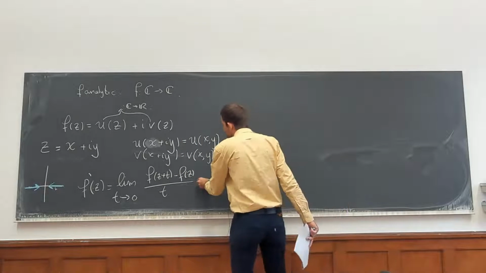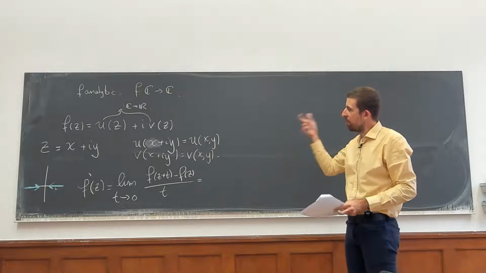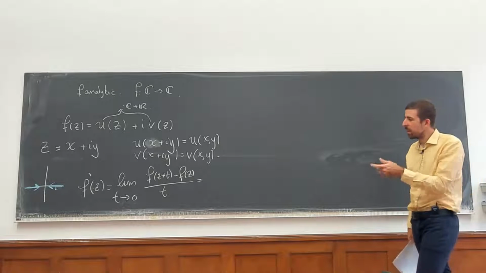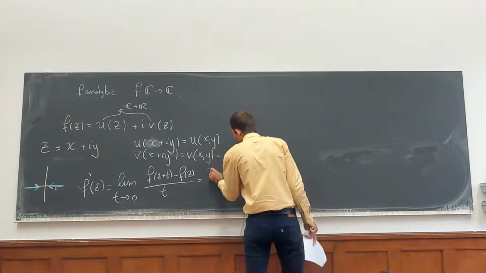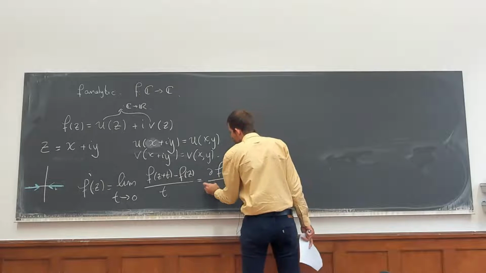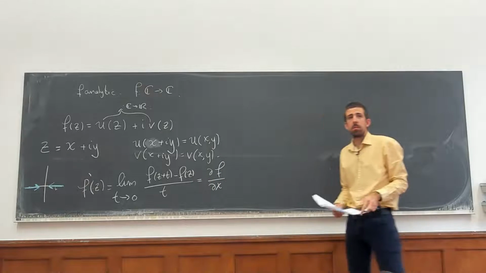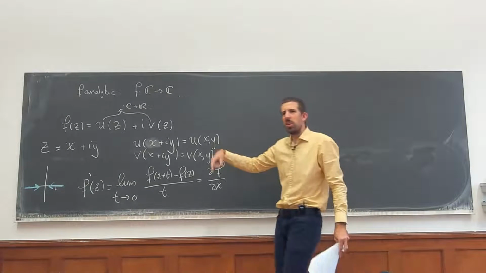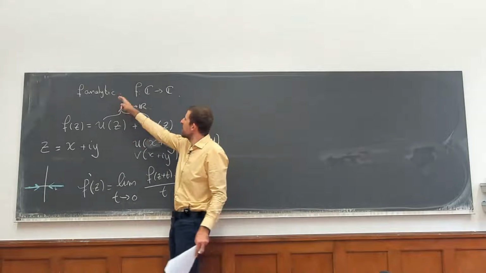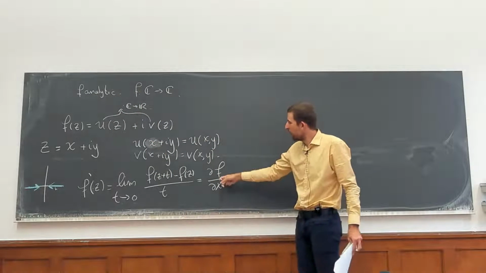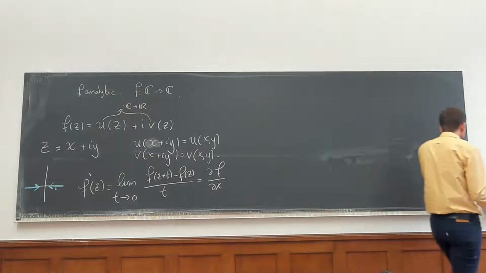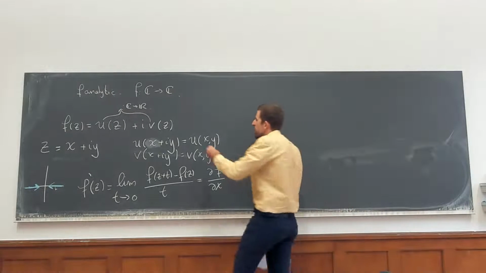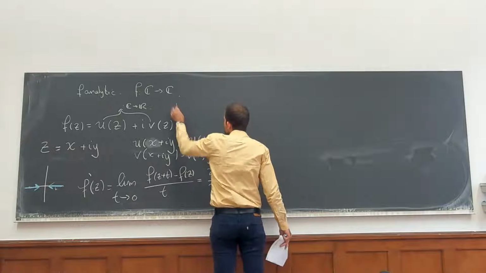But if I now think of the function f, I could also think of it as a function from R2 to R2, taking values in x and y. If I think about it this way, then this really is just a partial derivative of f with respect to x. I'm abusing notation a little because I don't want to introduce more variables. Right here, I'm thinking of f as going from C to C, and when I write these partial derivatives, what I have in mind is f going from R2 to R2. Whenever you see partial derivatives, that's what I mean. I'm doing sort of an identification between the two.